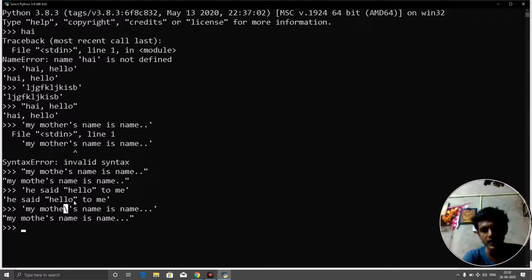So we can use this method, or you can write it as I showed here. This is one method, or you can write the same statement like this by using the special character, that is this slash.